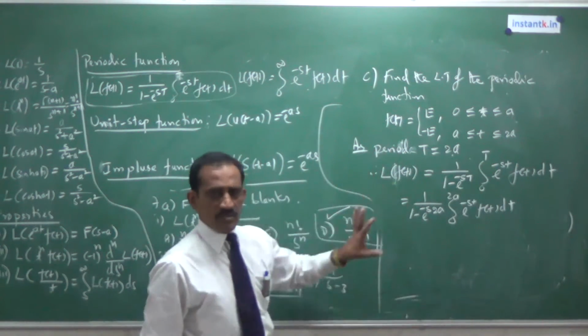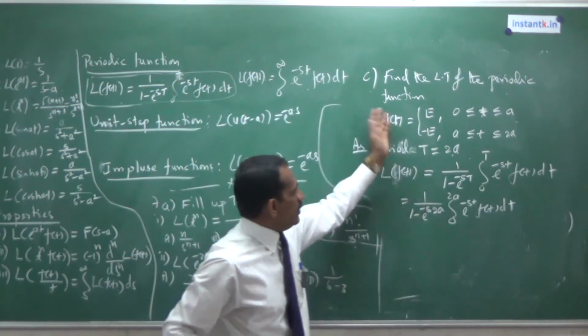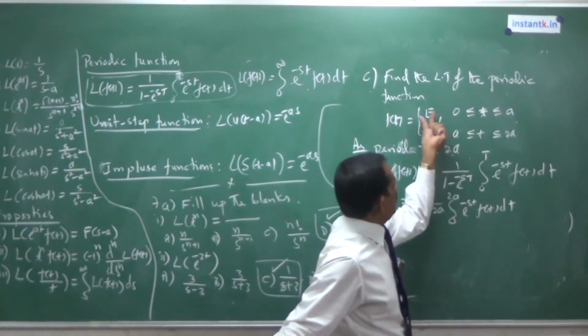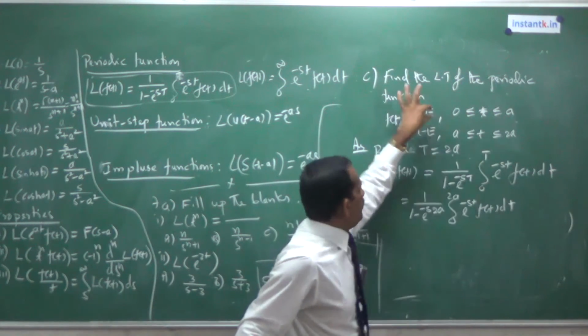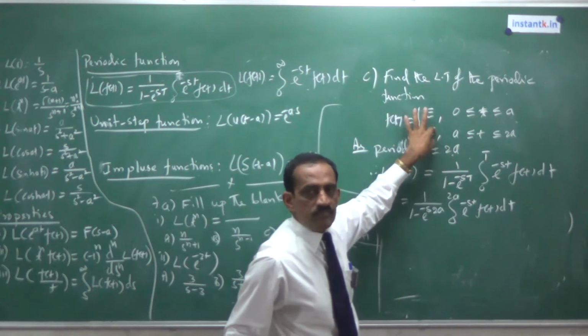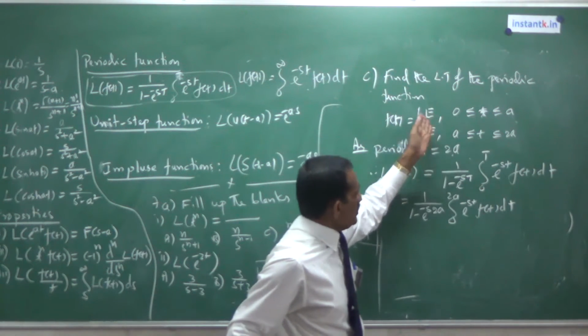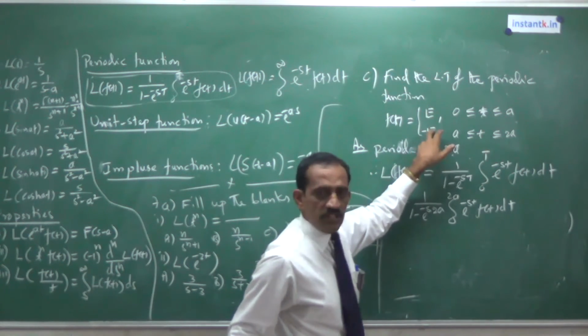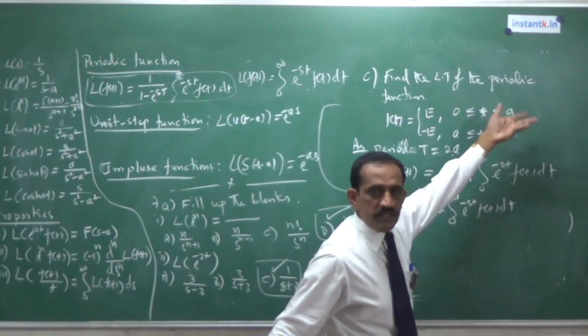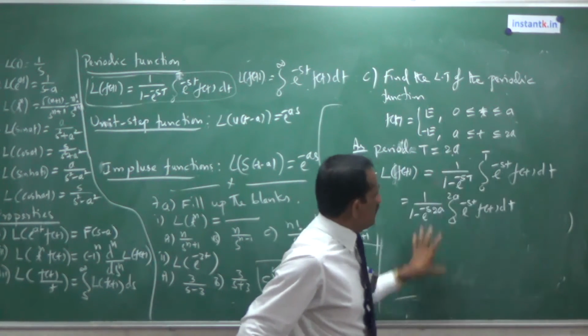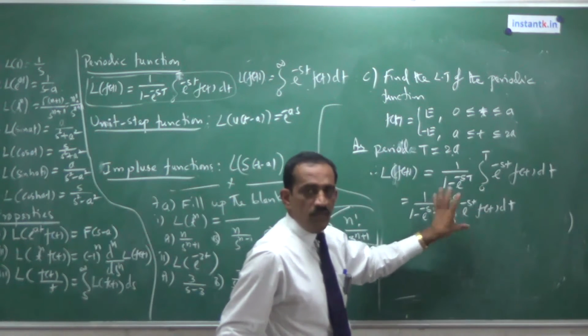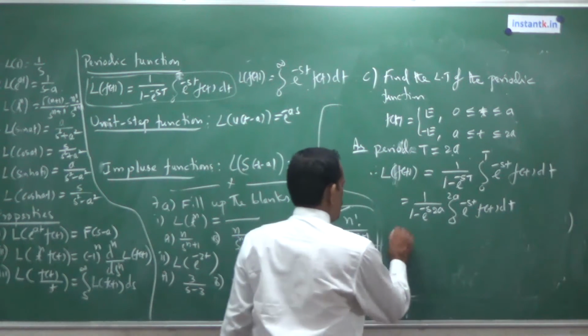For all these type problems, the same type of problem will be asked. Only the changes are 0 to a, and instead of E, something else may be given. It may be 1, it may be minus 1, or it may be some sin omega t, it may be 0. This a may be changed. In all these cases, the method is same. First you have to write the formula. Now, this is nothing but,